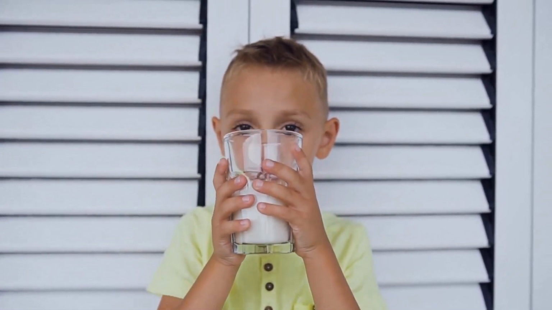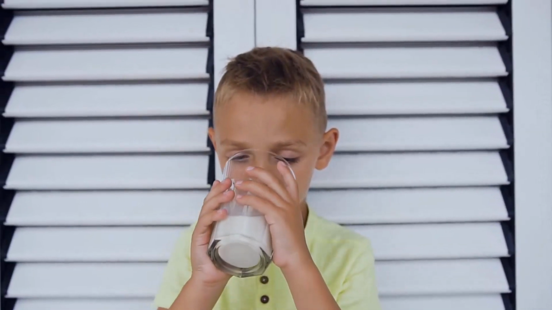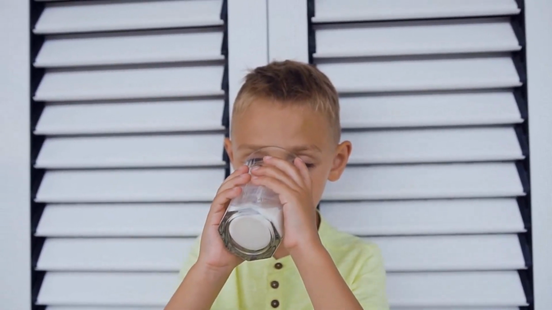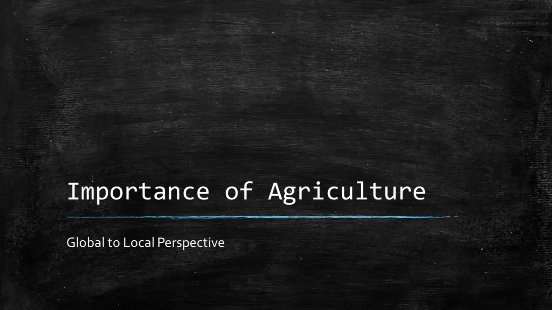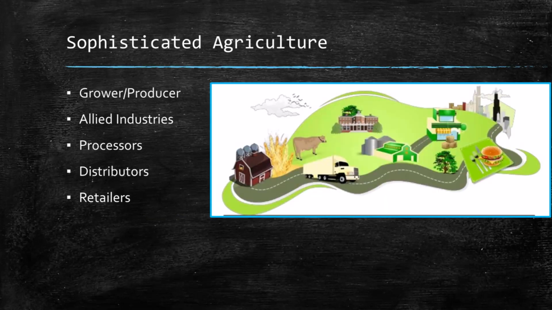And so as we see an increase in disposable income, more often than not, people will be getting their protein from an animal-based source. So let's talk about the importance of agriculture. Now that we kind of understand developing versus developed, we can take it from a global to a local perspective here. Now, the first thing we need to understand about agriculture, and this is on a global level